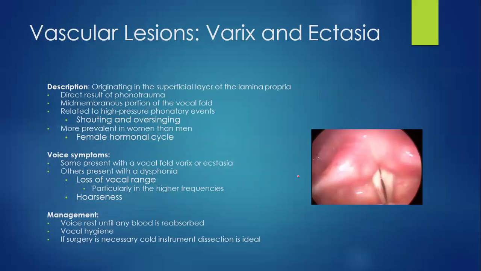All right, so still under structural pathologies, let's talk about vascular lesions. And when you hear vascular, you think of blood vessel, right? So the vascular lesion that I wanted to talk about is varix and ectasia, and this originates in the superficial layer of the lamina propria, and